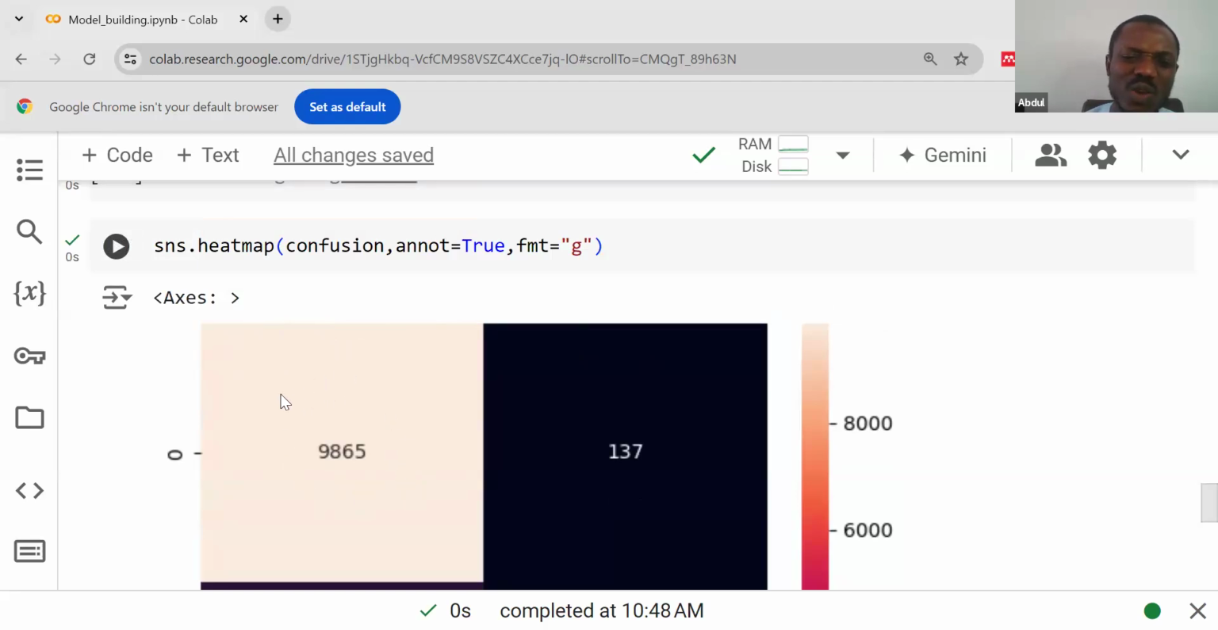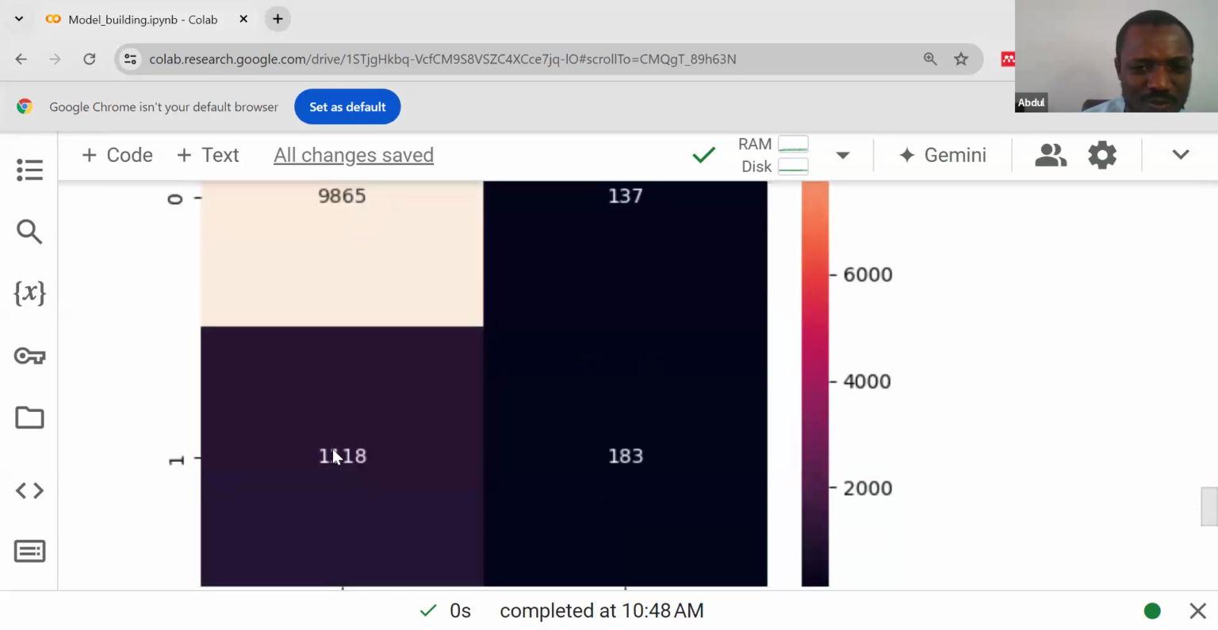So it means we have what we call true negative and true positive. Let's just assume that 0 is negative while 1 is positive. This one is going to be the true negative. We were able to predict a true negative of 9865. Why it was true was because